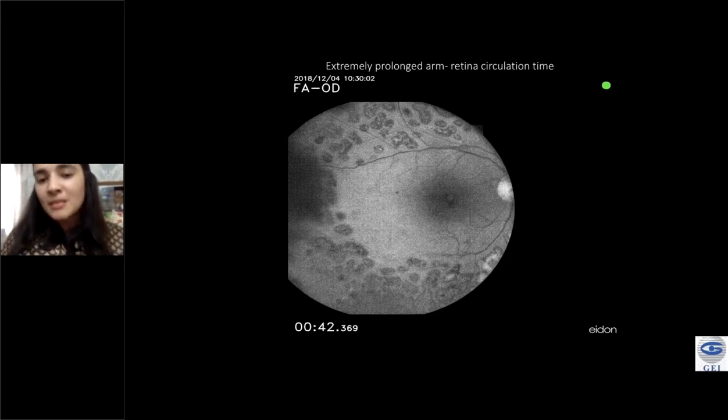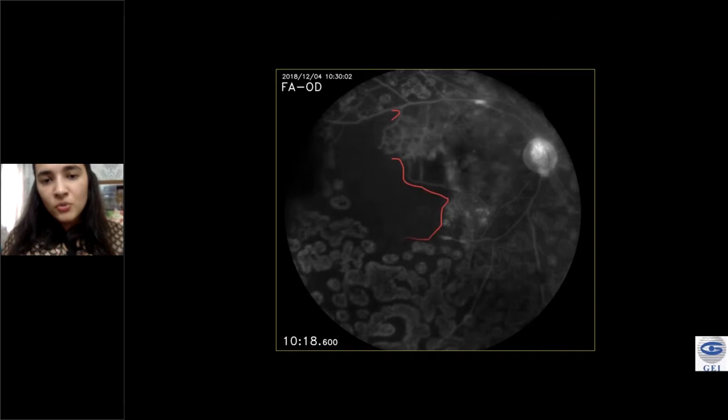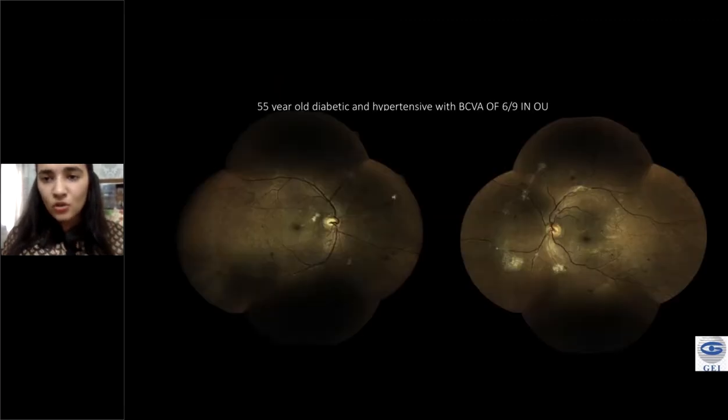So you might be missing that it might not be related to primarily ocular pathology, and a delayed arm retinal circulation time may be a useful indicator for that. So in the same patient, with diffuse ischemia and this macular CNP area, you may want to consider adding a grid to this, considering the patient had recurrent NVIs. Of course, it helps you to identify capillary non-perfusion areas and target application of laser photocoagulation.